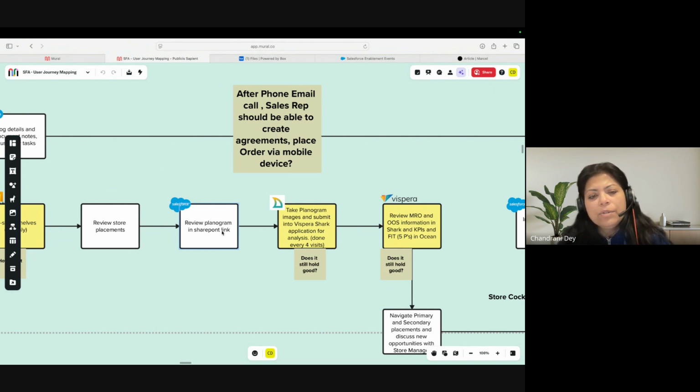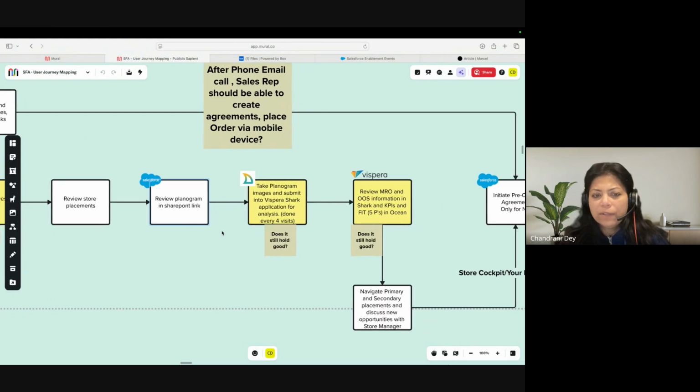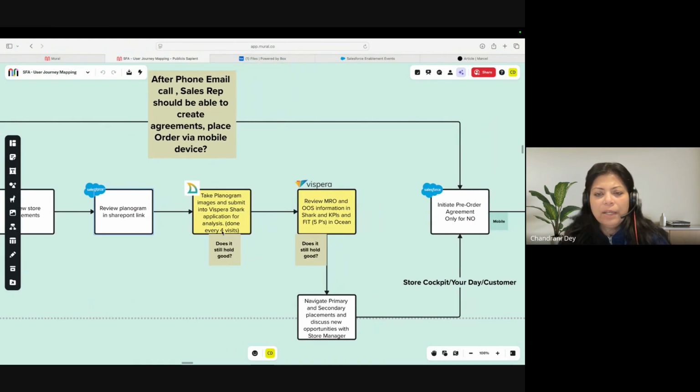They might be using a SharePoint link where they store the planogram data, so they might use the same. From the mobile device in Consumer Goods Cloud, those links could also be given.